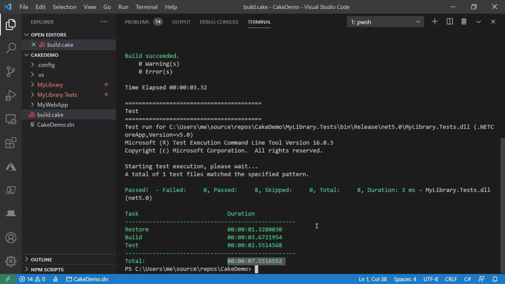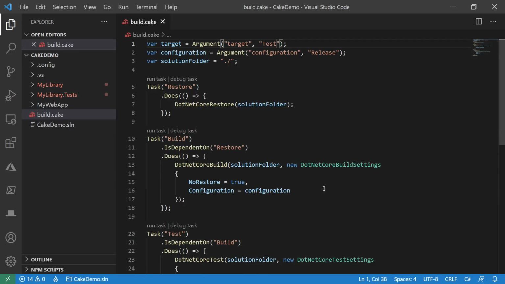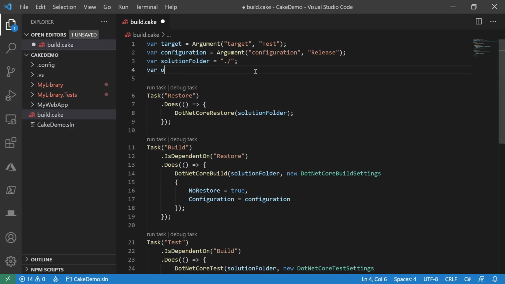But I'm not done yet because that's just a build. And that's the same thing you could do with doing build in Visual Studio and then saying run my tests. So let's get this set up a little bit better. So what I'm going to do is I'm going to do a publish as well. Let's set up an output folder. So var output folder equals,